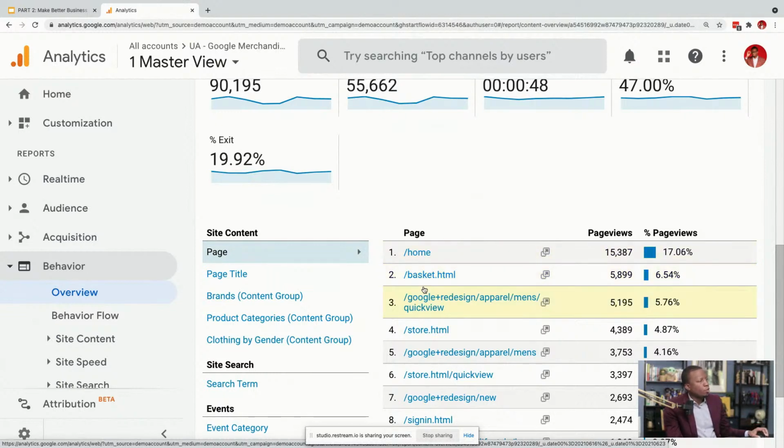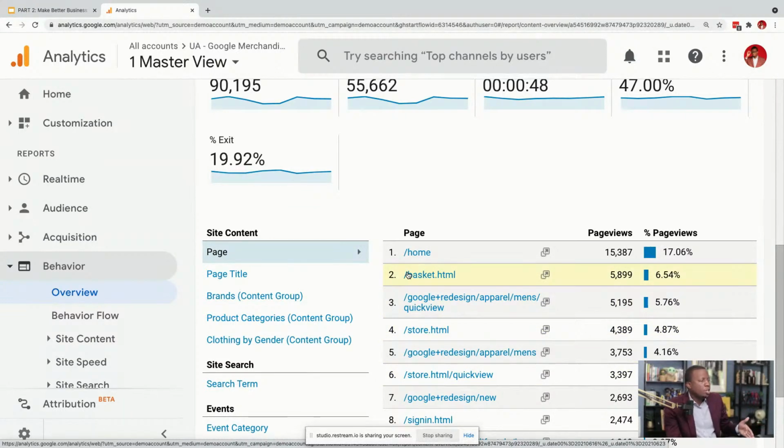But what I was saying before, if you create a page in your website about a certain product or a certain service, this allows you to see how many people are going to that certain page. And then from that, if a lot of people are going to that page, it lets you know that that page is very popular. So the second page in here is baskets.